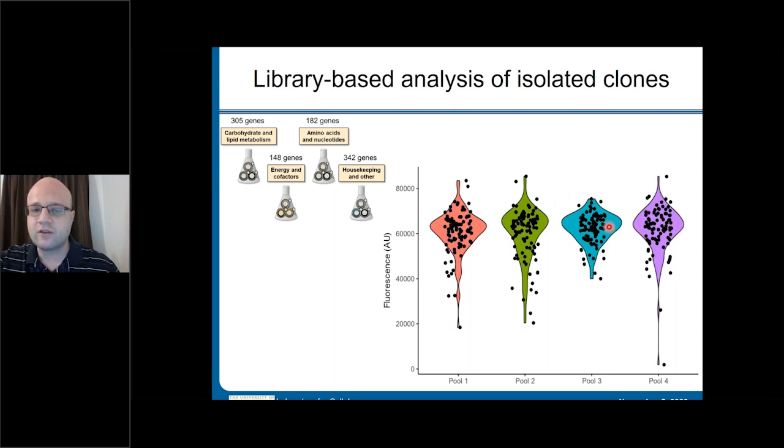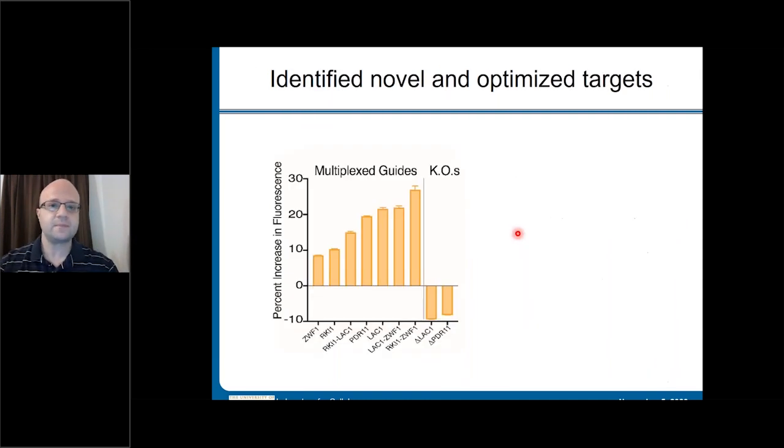We can see that in general, the amino acid and nucleotide pool was not as impactful as some of the other ones, including some of the housekeeping ones, as well as the carbohydrate metabolism and energy. So we get a little bit of in-depth information about the importance of our overall pools and the targets that are encoded in them. But at the end of the day, just like the example of glycerol and galactose, we're able to identify new targets that had not been identified before, and we can even multiplex them to get significant improvements in the secreted level of this product. But once again, notice there's improvements here, for example, of LAC1 and PDR11.